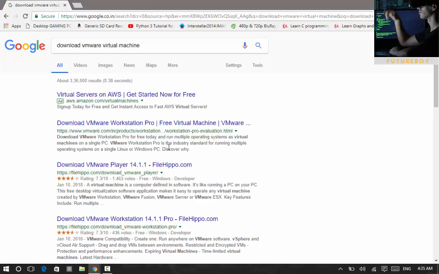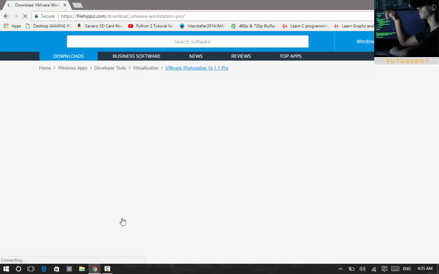So I write this, VMware virtual machine, and here you see this: Download VMware Workstation 14.1.1 Pro. Okay, click on this link. I will also provide this link in my description down below. So go on the description, I am giving a link of this